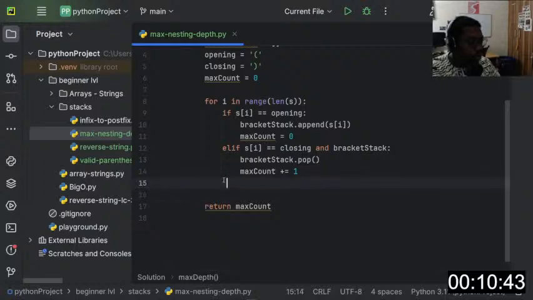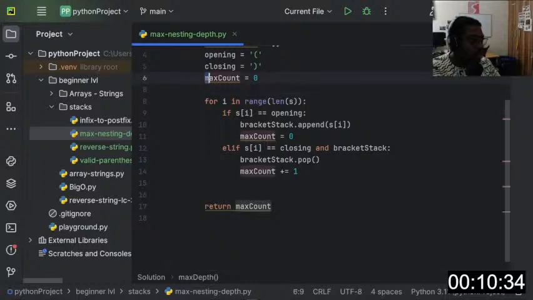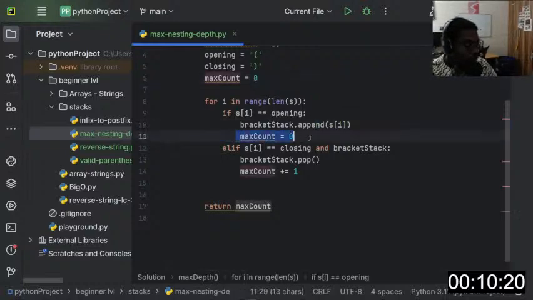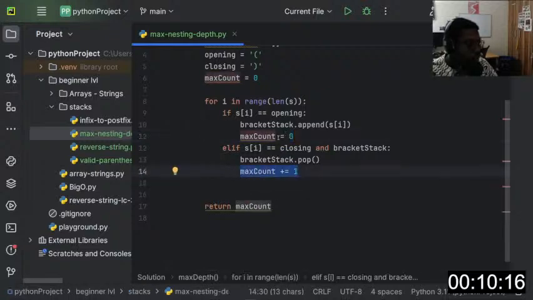And then at the end of the day, when we finish and we add an item to the stack, the max count value here is not going to, we need to reset it to 0 when we add an item to the stack. So this will increase the max if there is no new item added to the stack. So the value of the max at the end of the day,